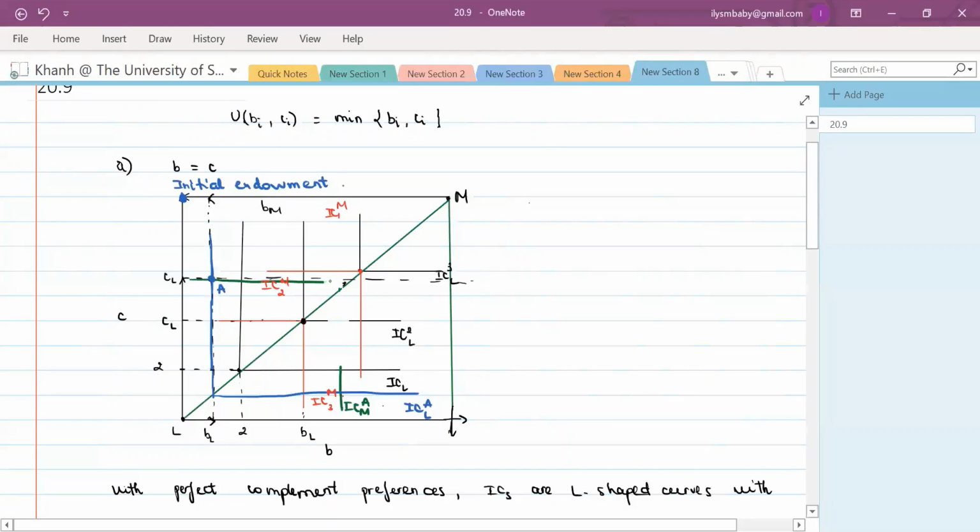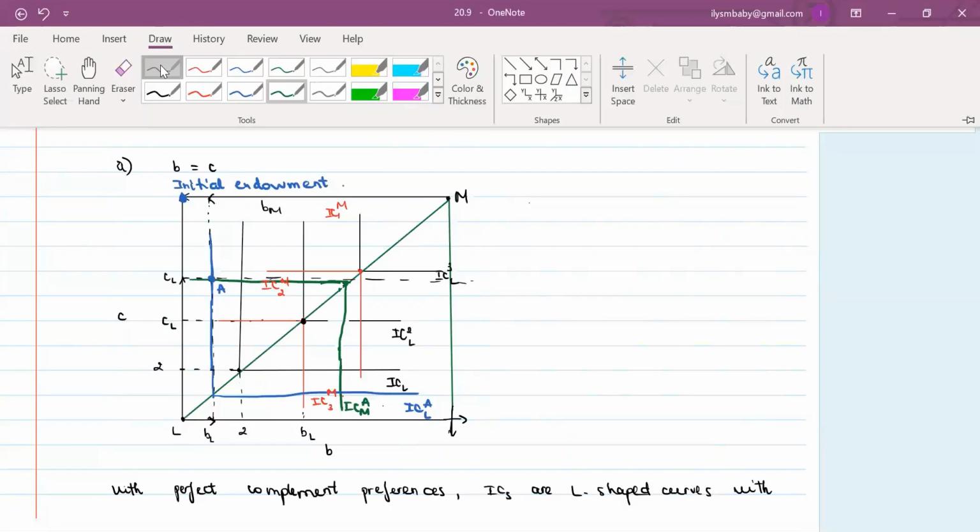Okay, so this is the indifference curve for Maya. So it's going to go all the way up here. Sorry, it's not very nice, but that's the indifference curve for Maya. All right, so as you can see, compared to before, this trade is actually making the two consumers better off. Each of them now has a higher